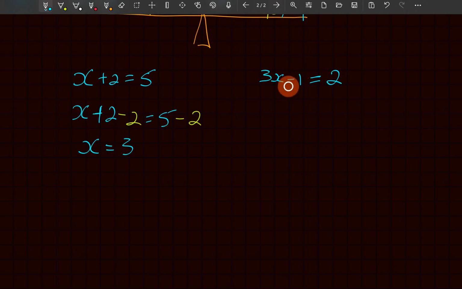And I'm allowed to do that as long as I do the same thing to the other side of the equation. So let's get that. And again, it seems as if this minus 1 has jumped across the equal sign and changed sign. But in reality, what had happened was we added 1 to both sides of the equation. So we would have